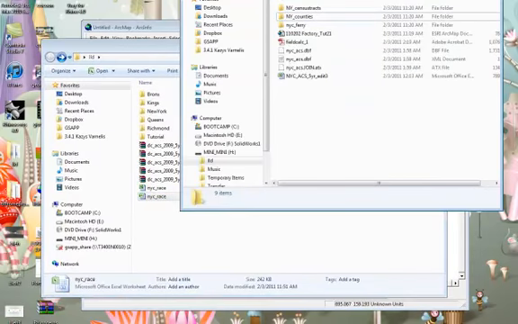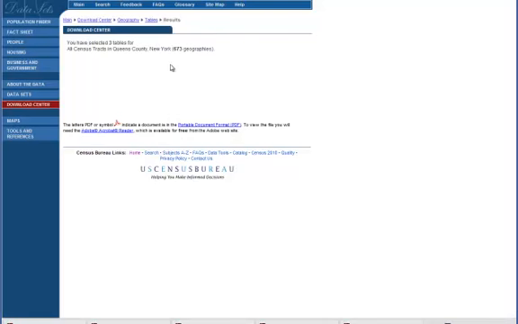Okay, so then once you do that, you have all of this data, but you also need to download the boundary files. So if you Google census boundary file,